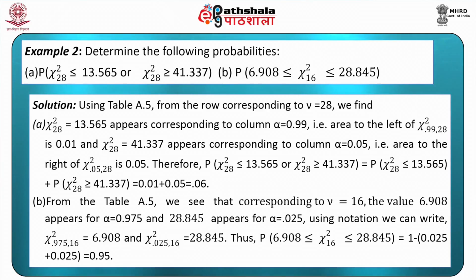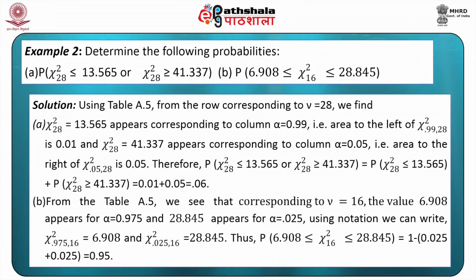And chi-square 28 is equal to 41.337, which appears corresponding to the column alpha equal to 0.05, which is the area to the right of chi-square 0.05, 28. Therefore, the required probability